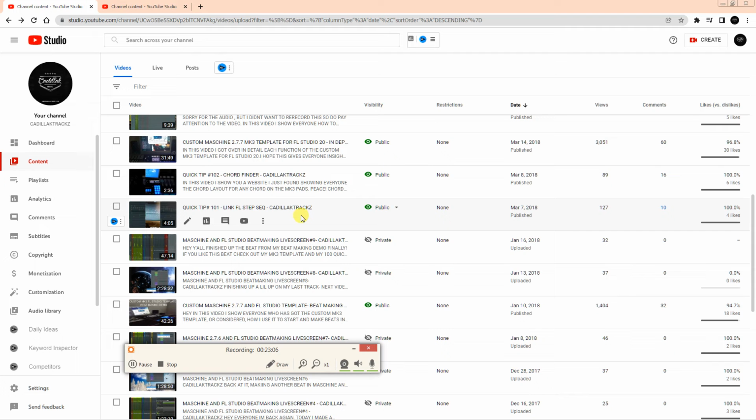I'm just going to explain this one. You have to watch it if you want to really check it out. But this is how we record from Maschine into the step sequencer on Fruity Loops. So if you ever wondered, how can I finger drum on Maschine and then have it come into the little dots that you click in with your mouse onto the step sequencer,